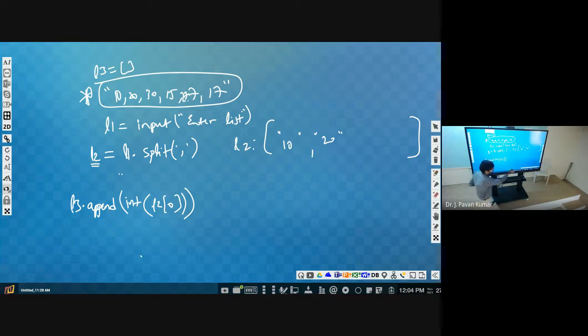So L2 of I. What is the value of I? I value starts from 0 to n minus 1. What is that n?